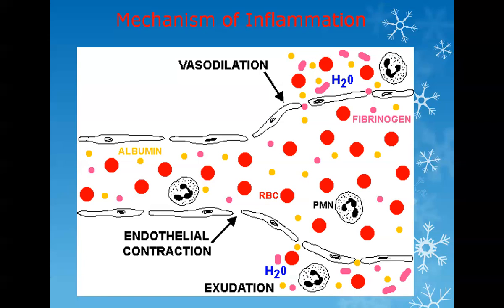Rouleaux, pronounced "rouleau," means a group of RBCs. When they form a rouleau formation, they become bigger and move to the center, and they push the WBCs to the side. Clear? The WBCs will go towards the endothelial cells. The main purpose is to retain RBCs inside and push the WBCs out.